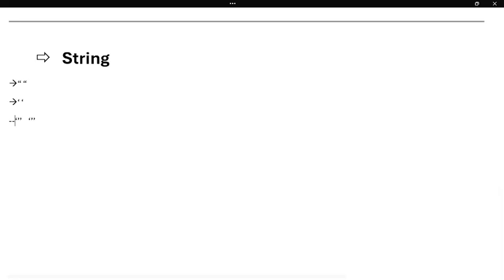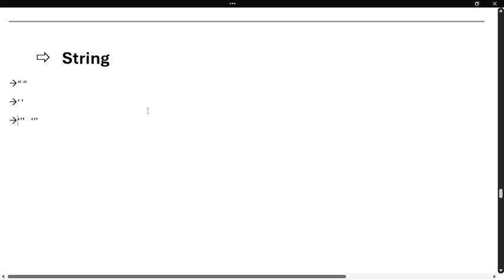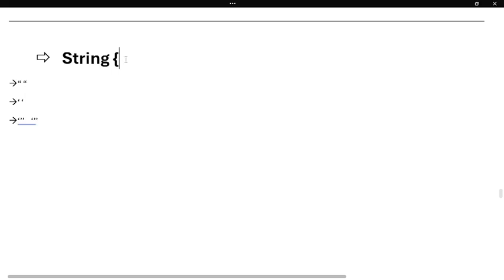There is a concept of character in some places, but there is no concept of character in Python.